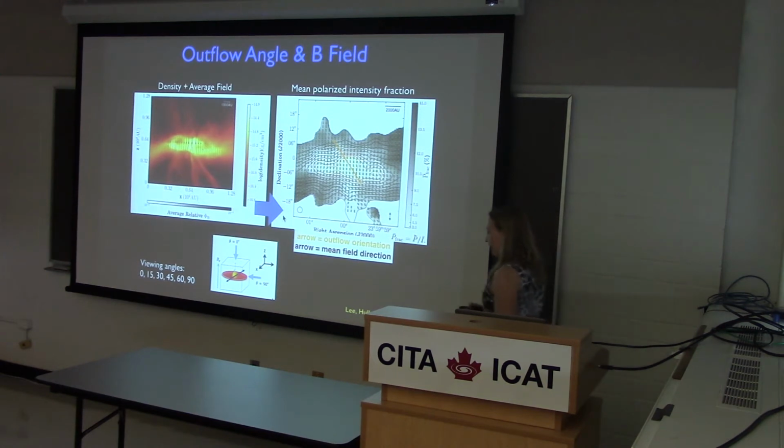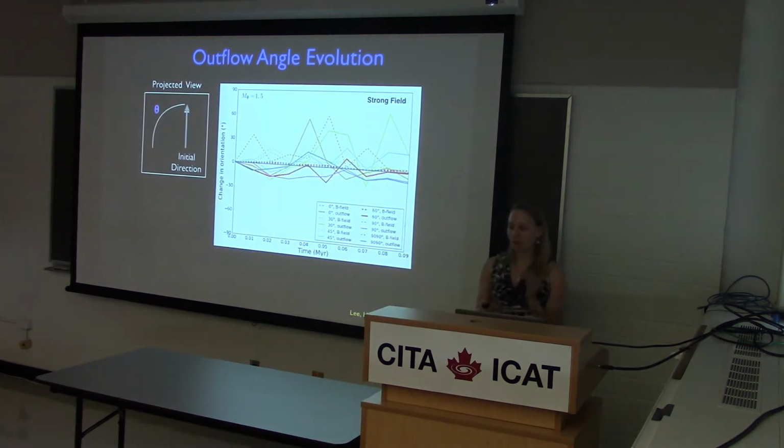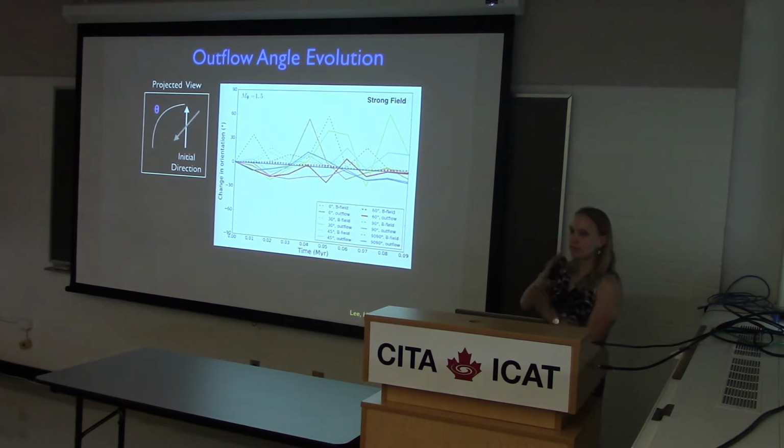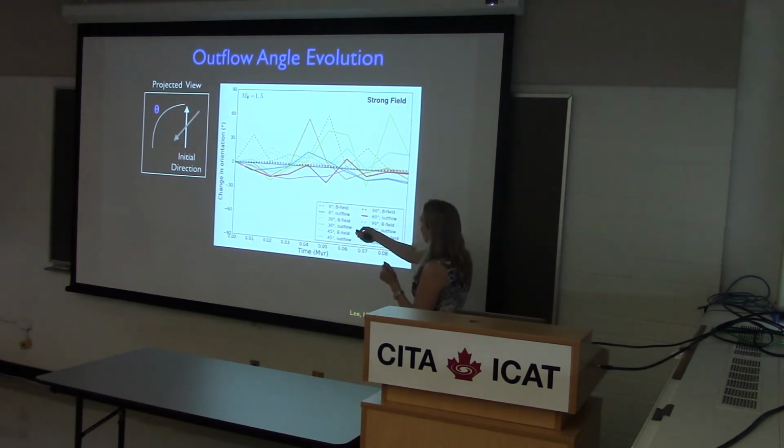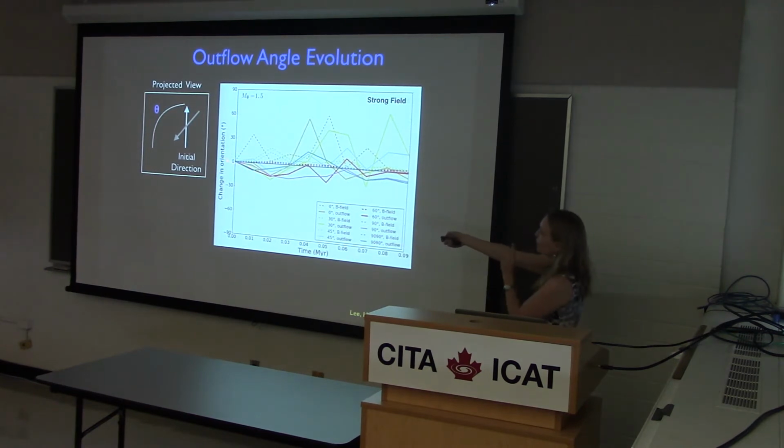All right. Now, one of the first and very obvious things that we notice in the simulations, and we don't need a synthetic observation to look at it, is that the outflow angle is not actually stationary with time, right? So the outflow might begin at one angle, and then over some time, it may change direction, right? And so this 0 is measured from the starting position. Over time, and depending upon the viewing angle, the apparent direction of the outflow is actually moving by some tens of degrees over about 100,000 years, right, which is the class 0 lifetime.